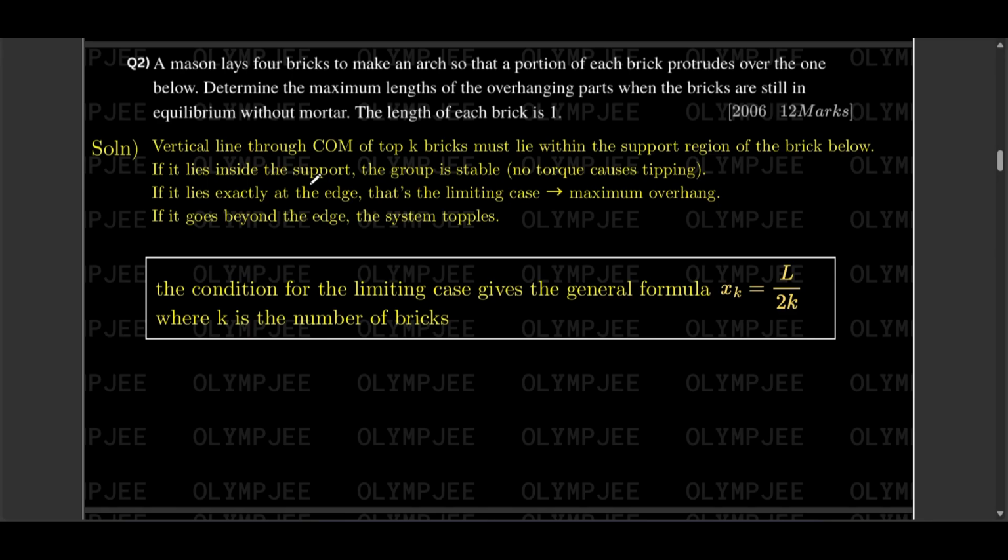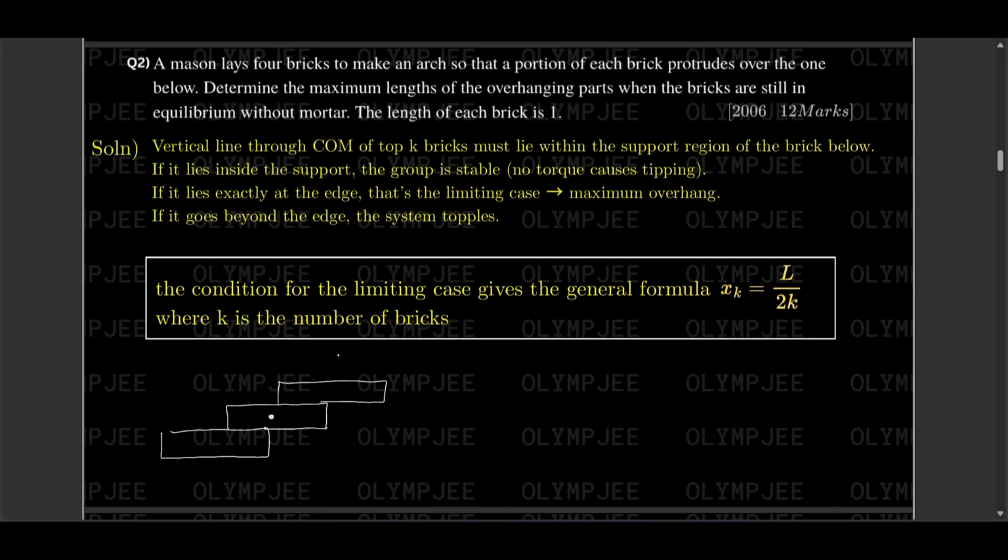A mason lays 4 bricks to make an arc so that a portion of each brick protrudes over the one below. We have to determine the maximum lengths of overhanging parts when the bricks are still in equilibrium without motion. The length of each brick is L. This kind of question you must have seen before, where we have to find the maximum length of the overhang. In this question, the funda is that the vertical line through the center of mass of the top bricks, and if there is more than one brick, we have to take the combined center of mass,